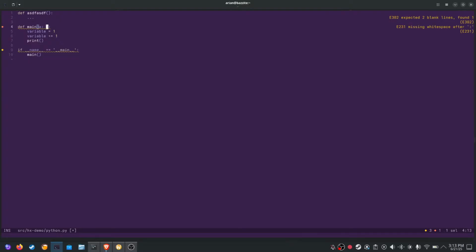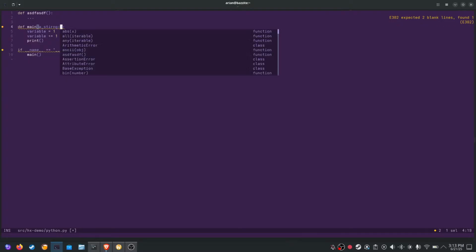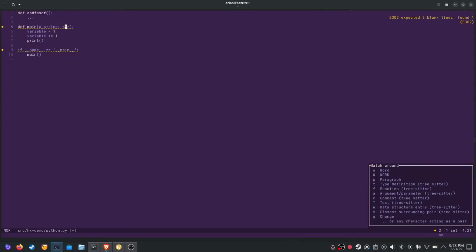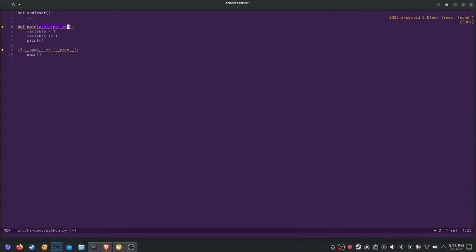Like if you take an argument, like a string of the type str, right? You can say match around type definition, or sorry, no, match around argument. MAA, a match around argument, right? If you have multiple, let's say you have an int of the type int, MAA only highlights that one. MIA I think does the same thing. That one doesn't matter. Obviously, you have Vim surround abilities, like MI